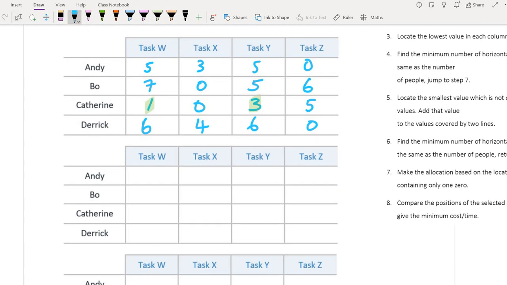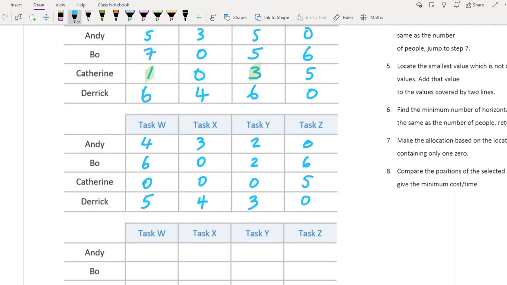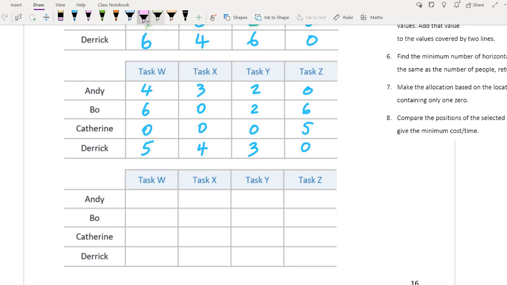So minusing 1 in this column will give us these numbers. This one stays the same. This one is minus 3. And then this one stays the same as well. Then we again try to look for how many lines we need to cover up. So we can cover up all using this line, and then this line and this line. So at the moment we're at 3, which is not good, but now that we've done rows and then columns,